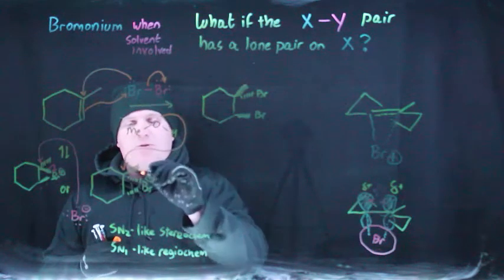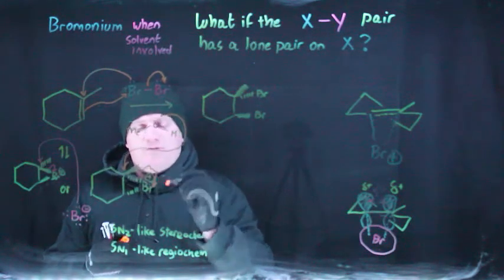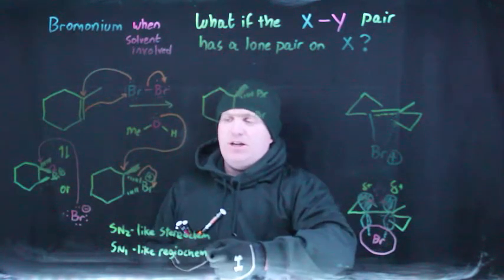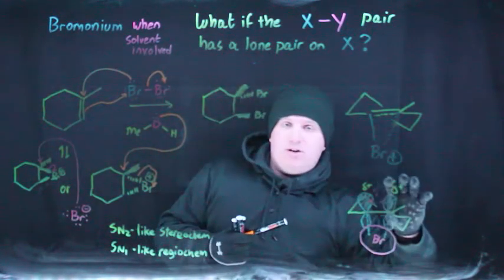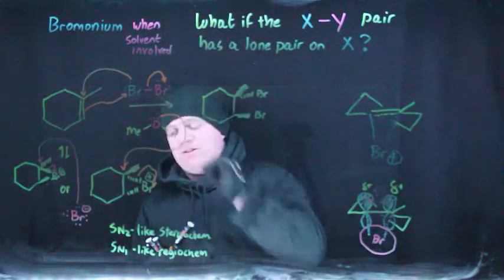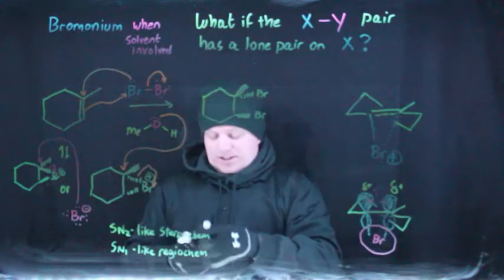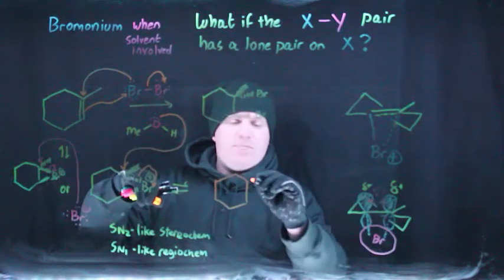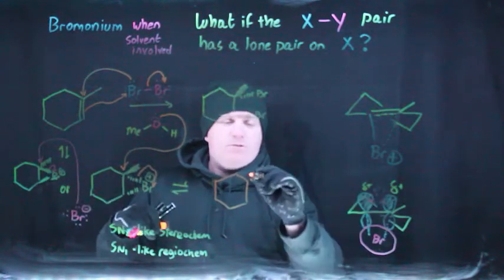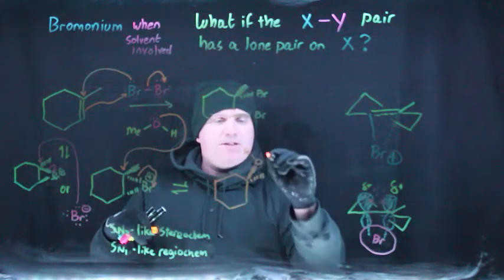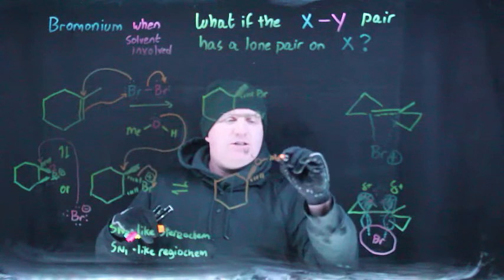And so here what's going to happen is the exact same sort of thing wherein you're going to attack at the tertiary position with the SN1-like regiochemistry because that's where the bigger delta plus is, but you have to come in from the opposite side of where the bromine is. And since the bromine is currently down, then that means the methanol needs to come in from the top. The methyl was up, so now the methyl is going to be down, which means that now we're going to have the methanol sitting right there with a plus on it